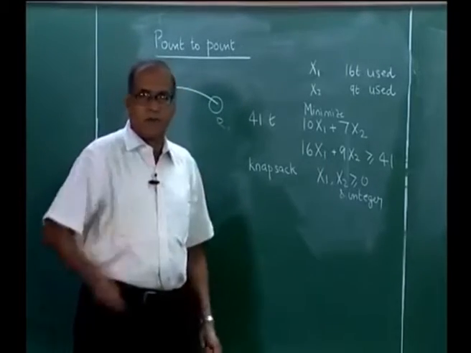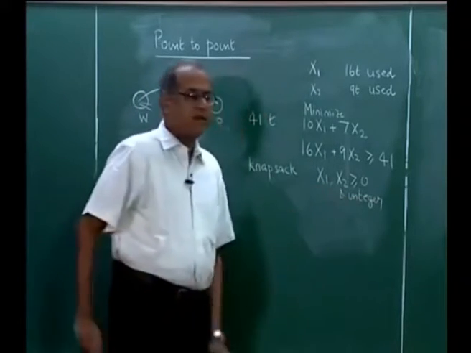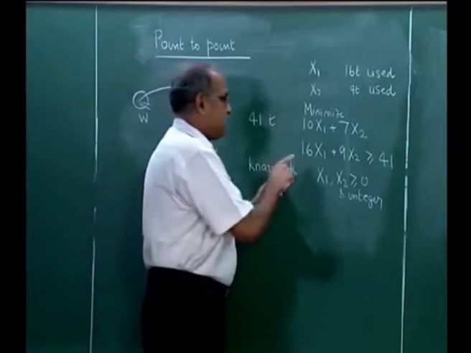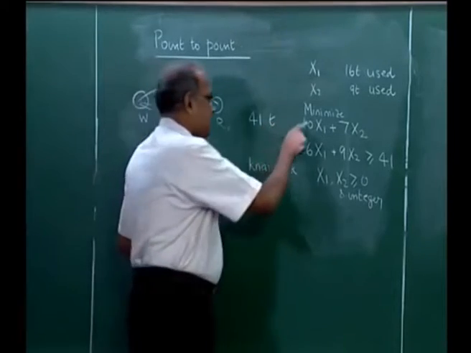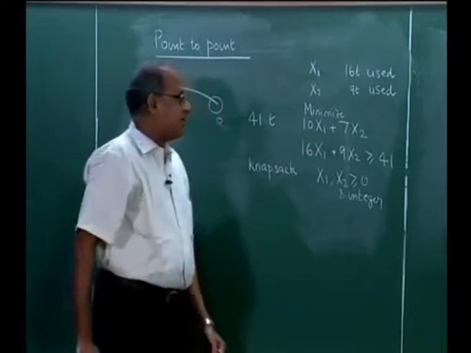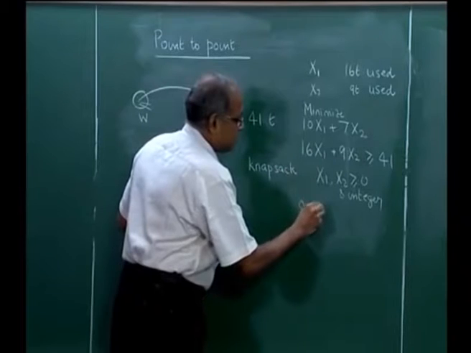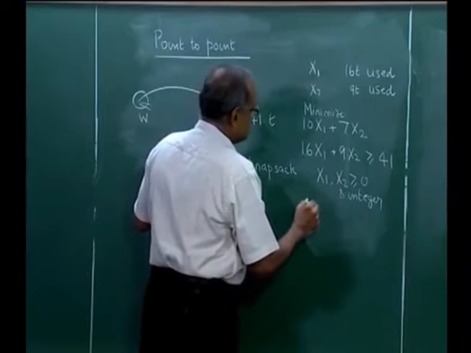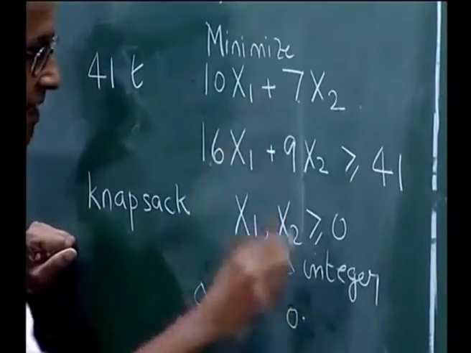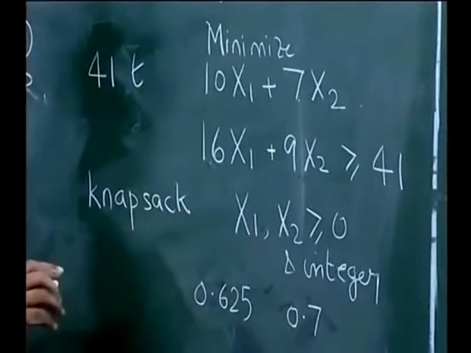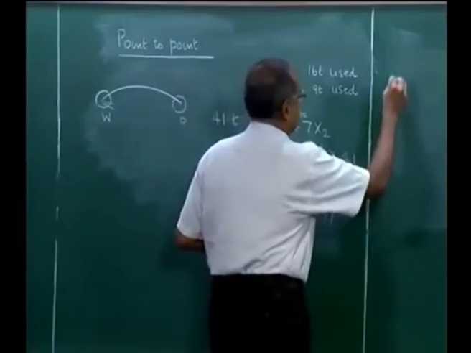If we can solve it as a linear programming problem, an LP solution to it, which means we are ignoring the integer restriction, since it is a minimization problem, we can sort the variables in terms of the ratios 10 by 16 and 7 by 9. 10 by 16 is about 0.625, and 7 by 9 is about 0.77. So the LP solution would give us x1 equal to